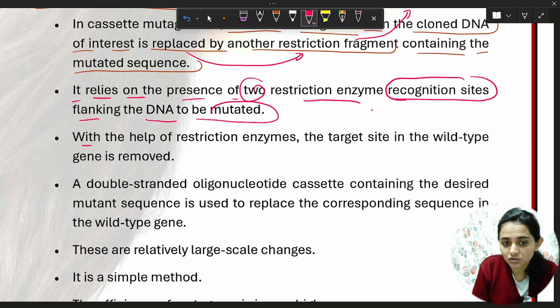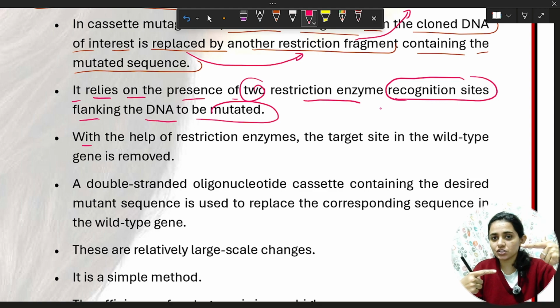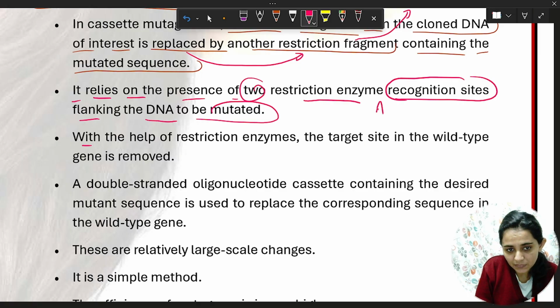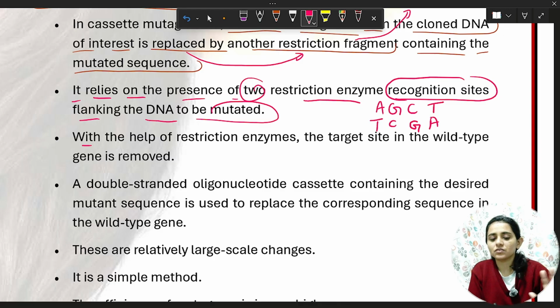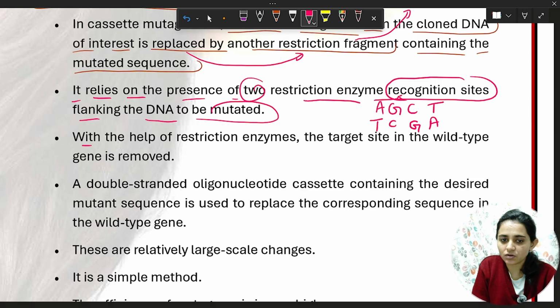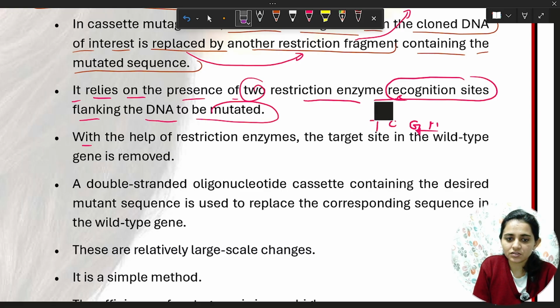Palindromic sequence, which is read from both directions on both strands as the same sequence, like A, G, C, T. So it will be A, G, C, T. So when we read from this and this, it will be the same. So this is called restriction endonuclease specific to the recognition site.